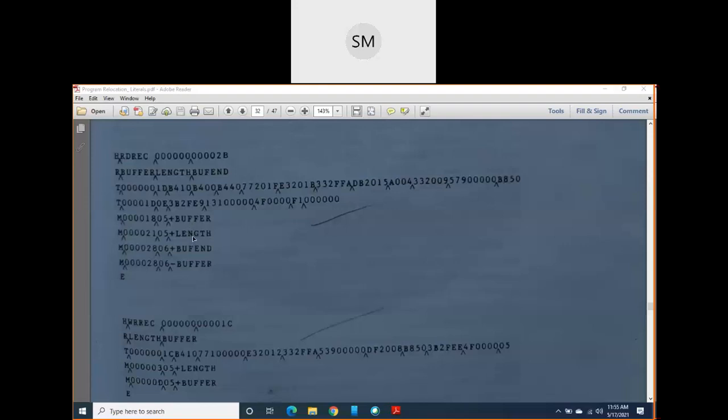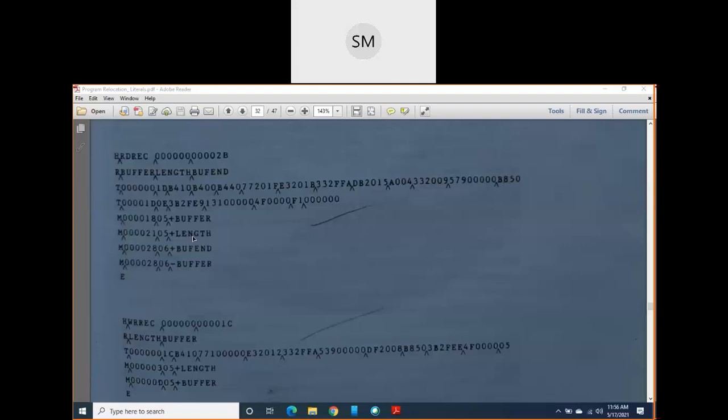Similarly, if you come to line number 190, there is one expression in an operand field. This expression contains 2 terms, and both of them are relative terms having opposite signs. One is plus, another one is minus.